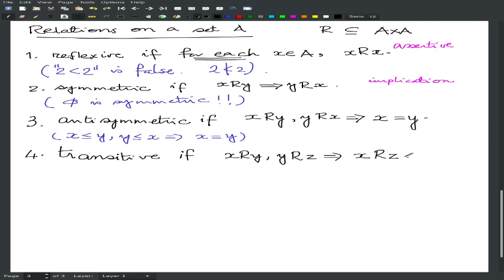Okay, so again, less than is a typical example. Okay, so then let's come to